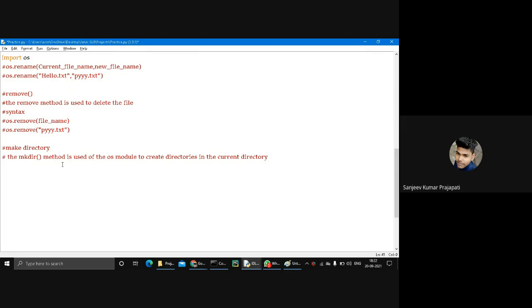Basically, the make directory method is used to create directories in the current directory.